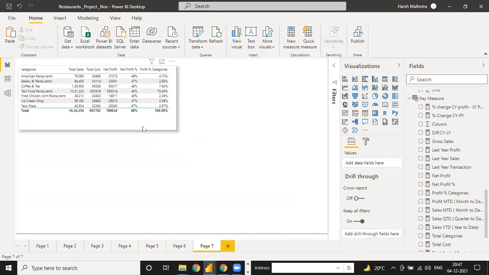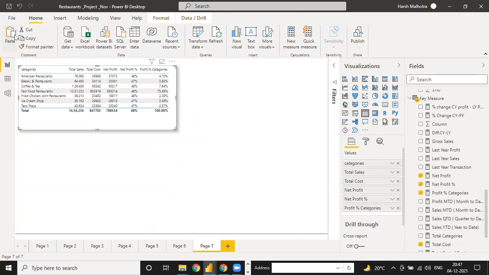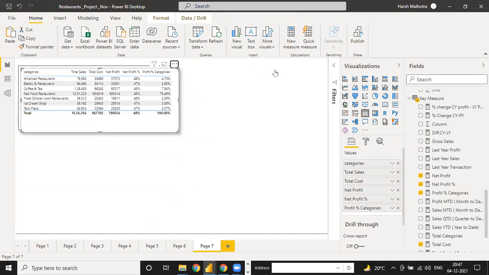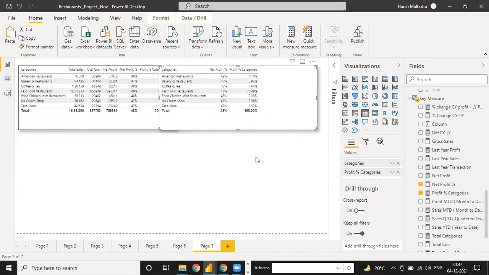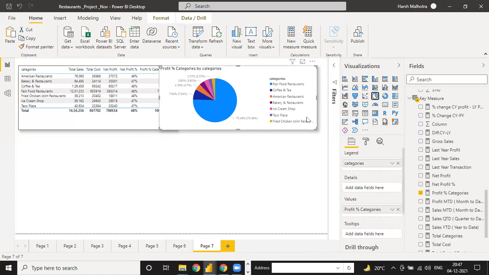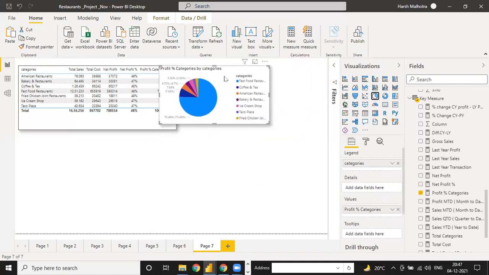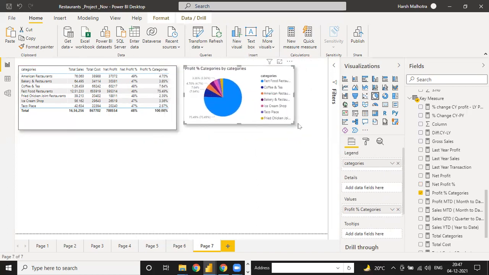Click on this, copy and just paste it next to here, and just hide total sales, cost, profit, profit percent. We need only this thing, and just enter a pie chart. That is the reason we should prepare that report.